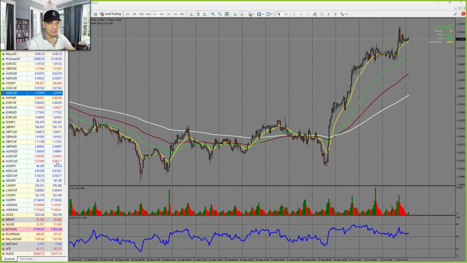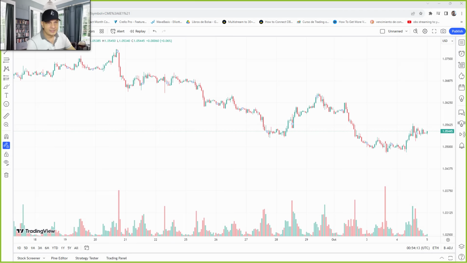contract so you can analyze the volume. Okay, this is the future contract, CME in Chicago. This is TradingView. This is the euro. You can look it up on the free account on the internet, and you can see we have a huge amount of volume right here